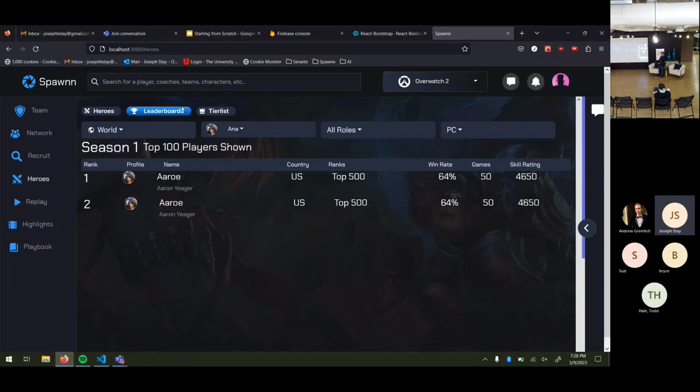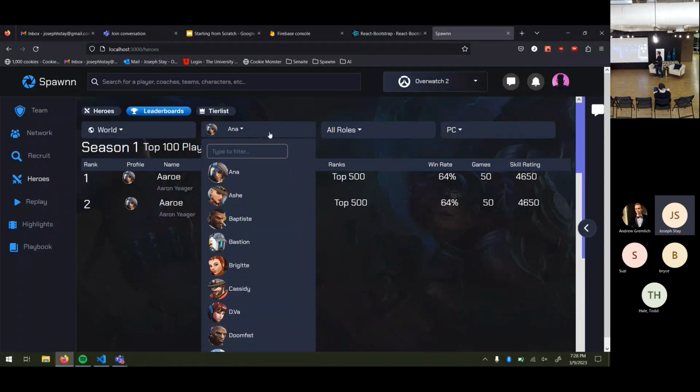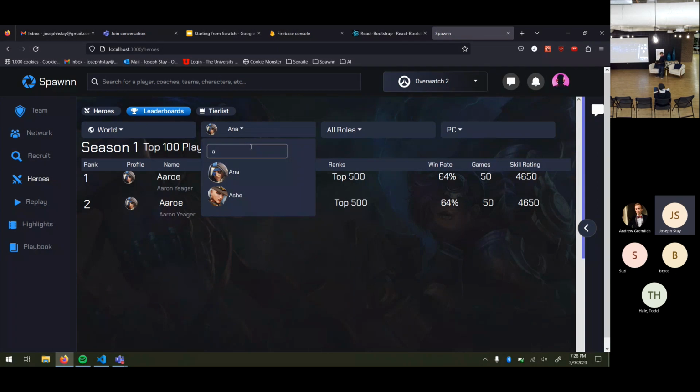But then it also has two other tabs that you can click towards. And you have these other things in which they didn't want me to fill out all the different countries and such because they didn't know if they were going to use this yet. But this one is pretty cool where you have the heroes. You can also filter through the drop-down menus.